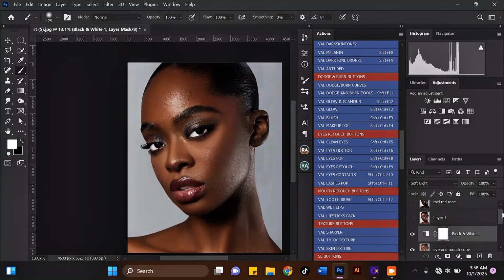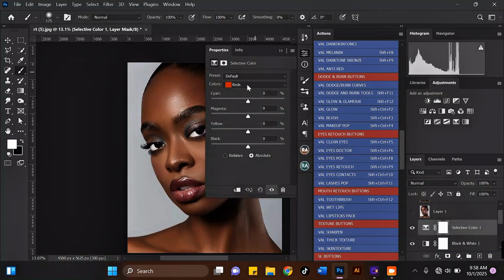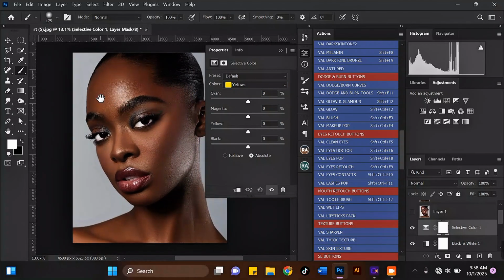The thing I will add on this skin tone is our selective color. So I'll go to the adjustment icon here, go to selective color. Here, I'll move the color slider to yellow. As you can see right here, I will move the yellow to cyan. As you can see the effect, okay? This is